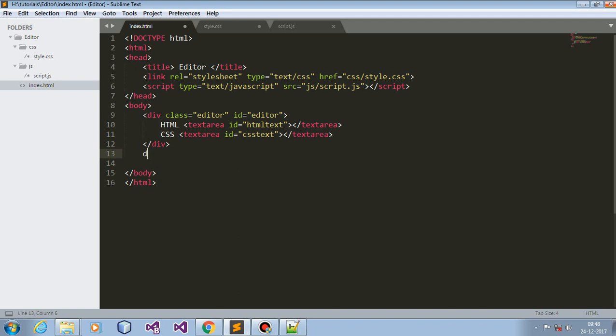Now for the preview we need to have something else. Let's see, we just make a div with a class of, let's say, browser. I think browser is perfect. So class browser and ID equals what ID? Browserdiv, I think. Yeah, browserdiv. Okay,